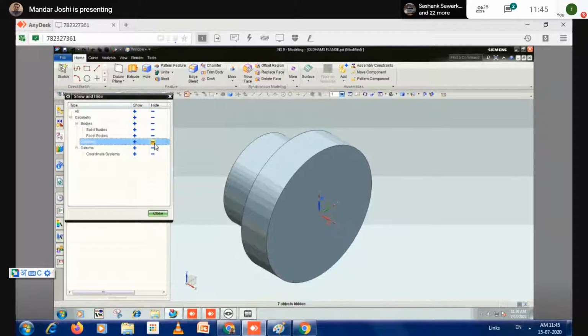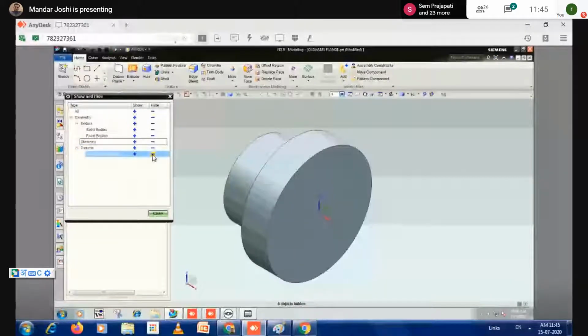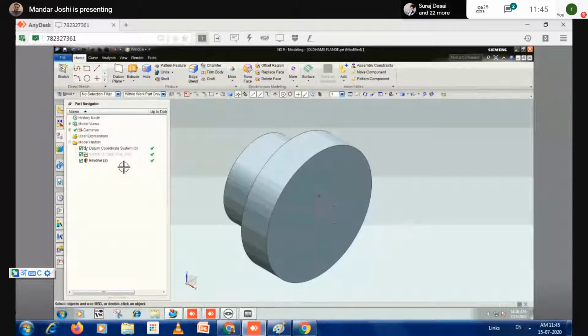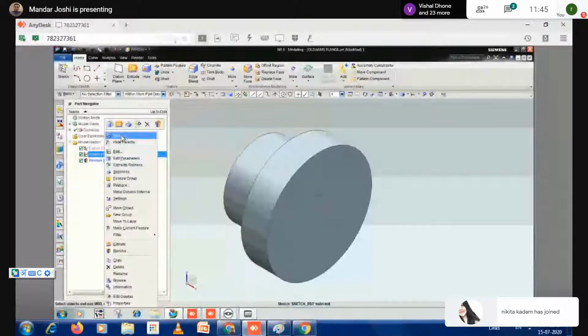If you want to hide all items, you can use this option. But that colored axis showing the work coordinate system, you cannot hide directly using this. You have to press the W key, only W. So remember W and Control W. For Control W, the hide and show options will be on. So your tedious job of selecting and right clicking again to hide them is reduced. There is no need to hide them one by one.